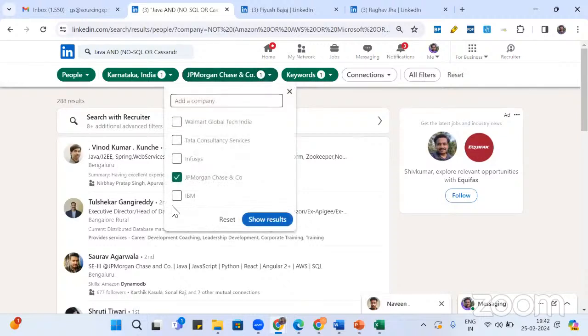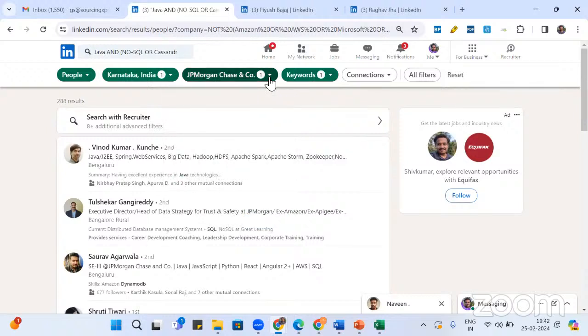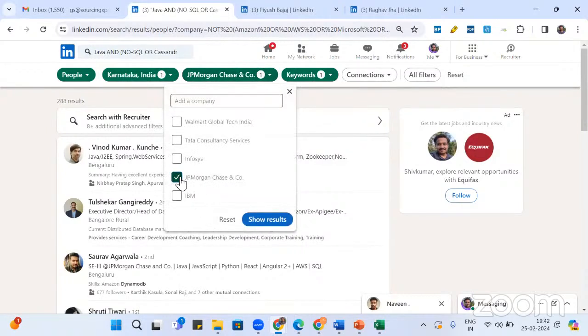So I'll have to again minus this next top 5, and again I'll get another 5. So I get top 15. Then again I minus all top 15. I get another 5. So again I get top 20. But there's another way of doing it that I'll show later, but not now. So this is how I can get the list of top 10 or top 15 or top 20 companies in